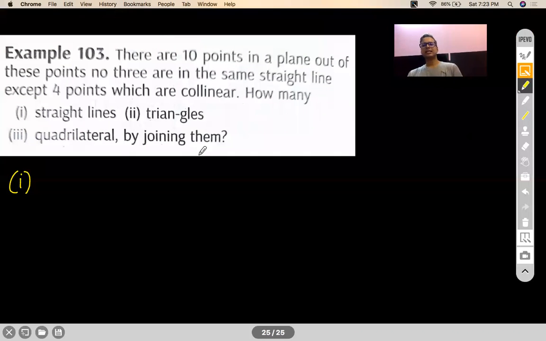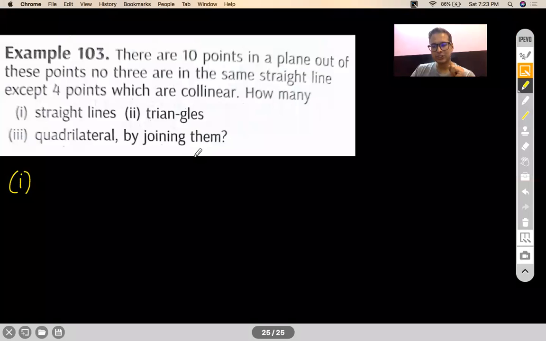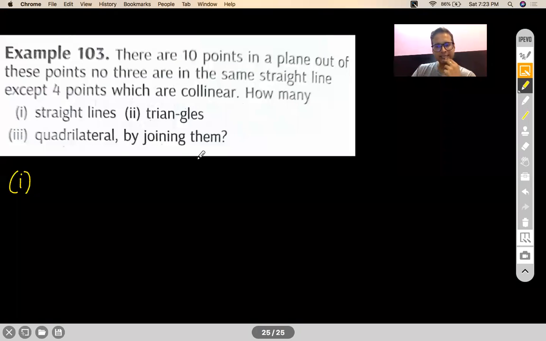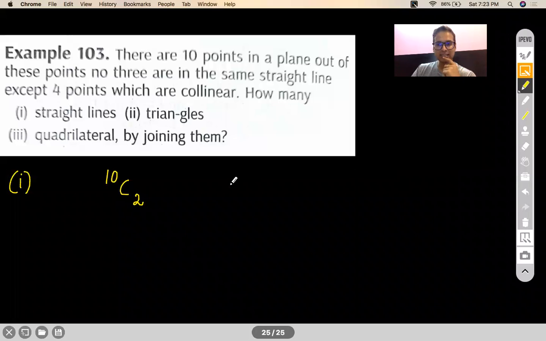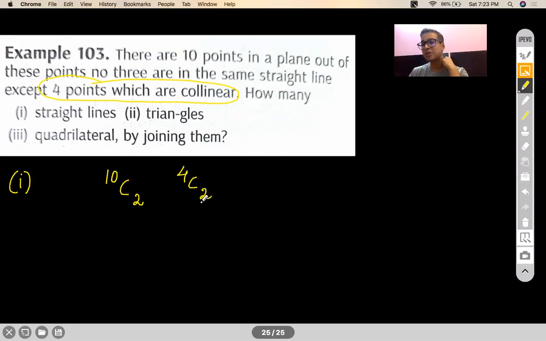See, in order to make a line, you need 2 points, right? And you have 10 points. So if I choose any 2 out of 10, I'll get 10C2. But here is a catch. I have got 4 points which are collinear. Collinear means they're in the same straight line. That means 4C2 would be an overcount because these will not contribute 4C2 lines. This will only contribute 1 line